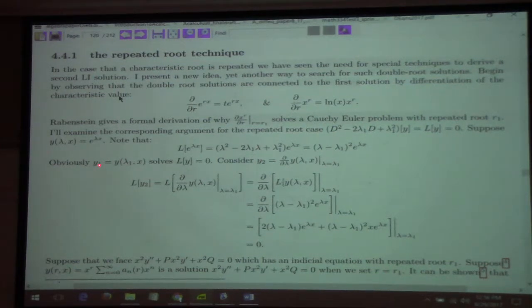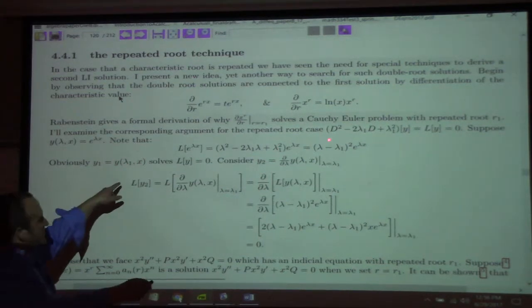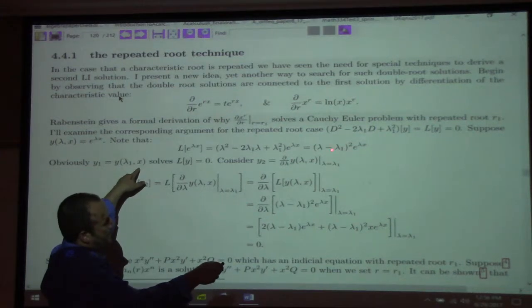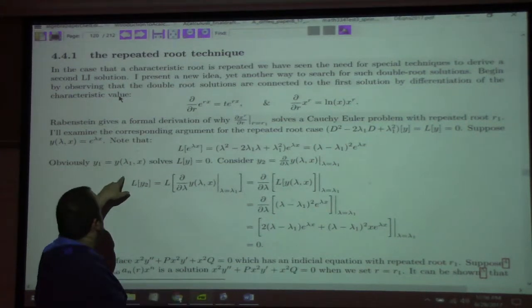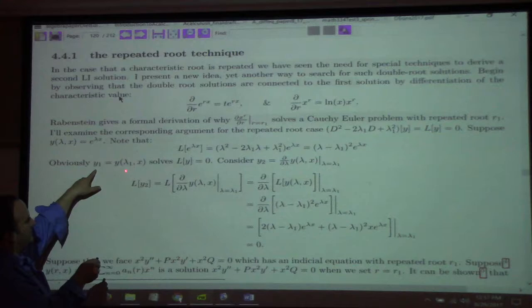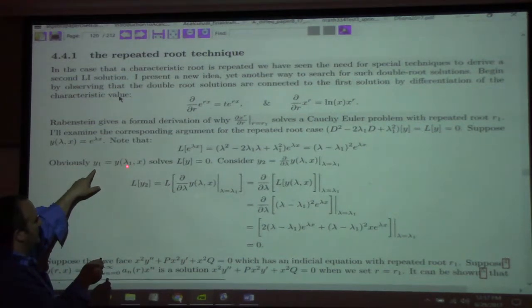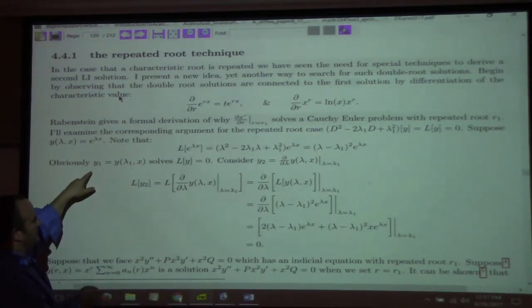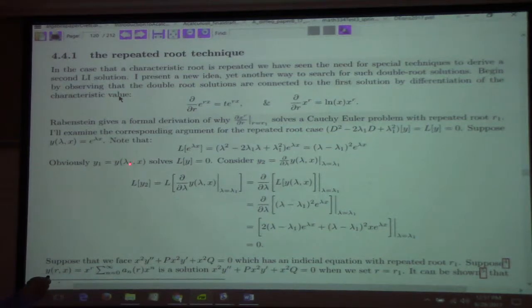So if we look at y1, which is y of lambda 1, what happens if I put lambda equal to lambda 1 here? That's 0, right? So when we put lambda equal to lambda 1, we have a solution. If we consider y2 as the derivative with respect to lambda of y of lambda comma x, and then after that set lambda equal to lambda 1,